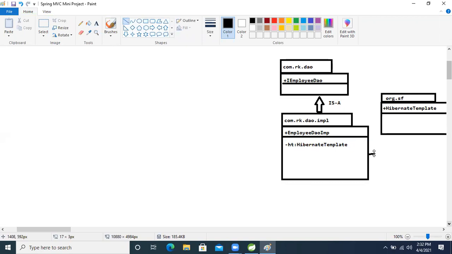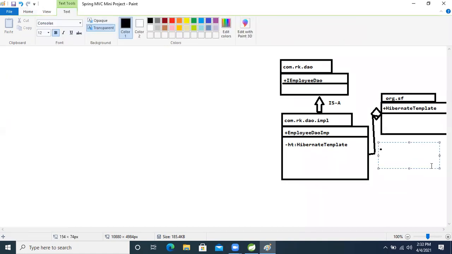So what relation is there between these two classes? A has-a relation is there.